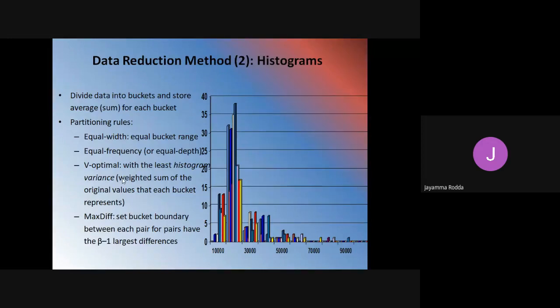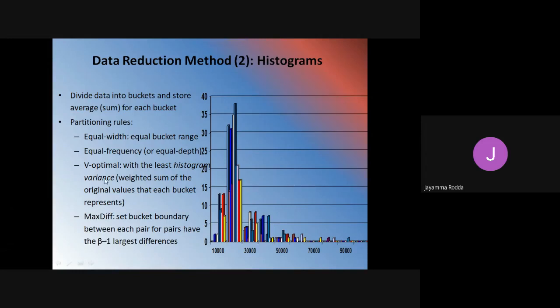What is variance? Histogram variance is the weighted sum of the original values that each bucket represents, where bucket weight is equal to the number of values in the bucket.